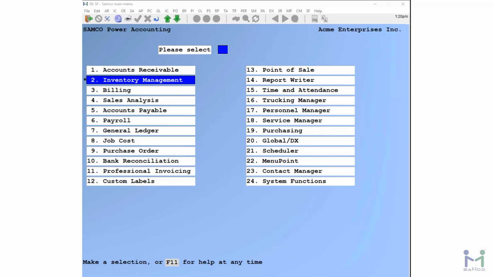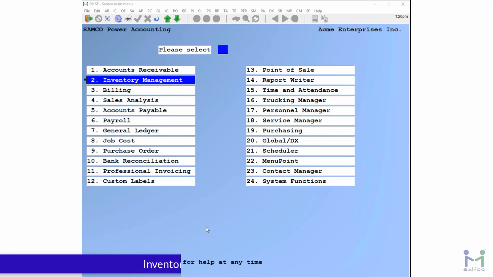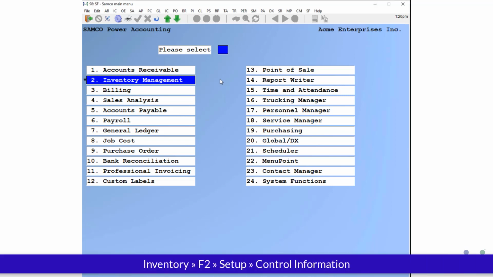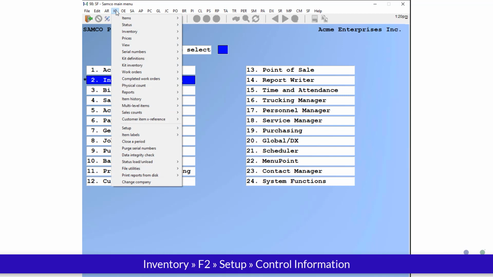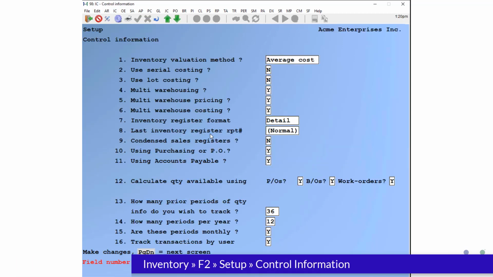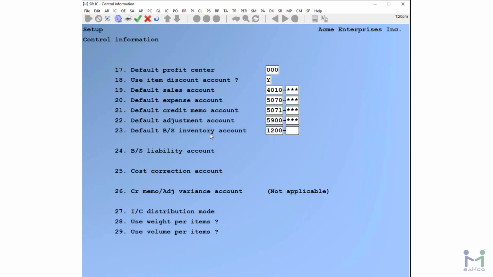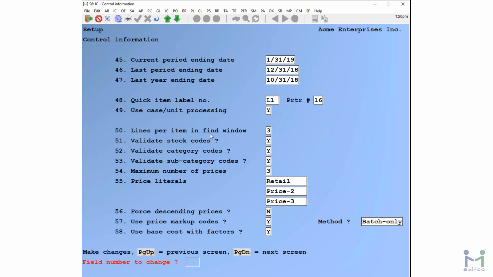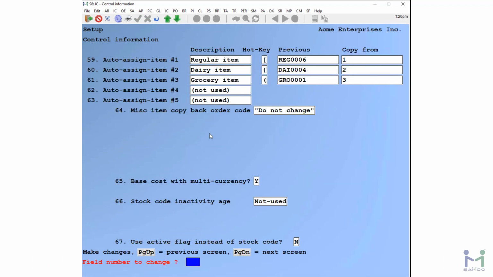This episode we're going to take a look at how to set items to be inactive and the repercussions of doing so. So the first thing you're going to need to do is to enable this feature. We do this through the inventory module into setup and control information. We'll navigate down to the fifth screen, where you'll see this field on the bottom to use active flag instead